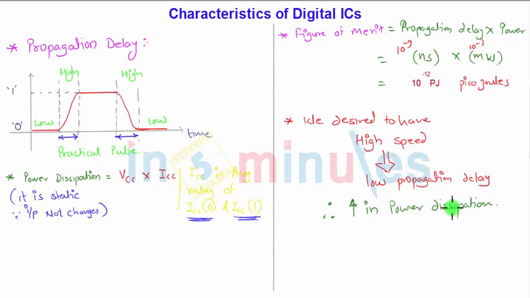All the digital ICs are made up of transistor or resistor levels, that is the logic families. That's what we are going to see in the next session. And if the speed of activation is increased, then they will dissipate the power in the form of heat, due to which they may get damaged. So we will require a heat sink in that case. To achieve high speed, there should be an increase in power dissipation. So we need to handle that power dissipation while we are trying to increase the speed.